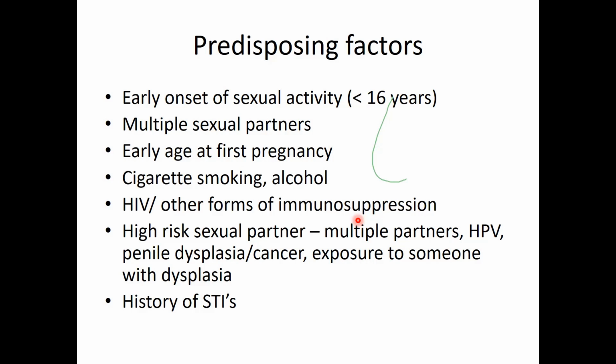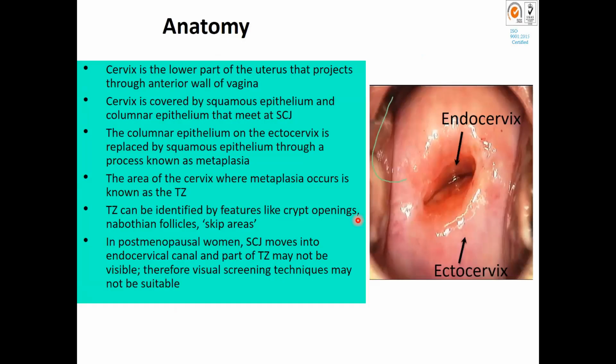So some of them, maybe we can also have the uncircumcised male. They usually also have that risk of harboring the same virus in their prepuce, among others. So what does the anatomy look like? As we were told, the cervix is usually the lower part of the uterus, this is how it usually looks like, and it has two